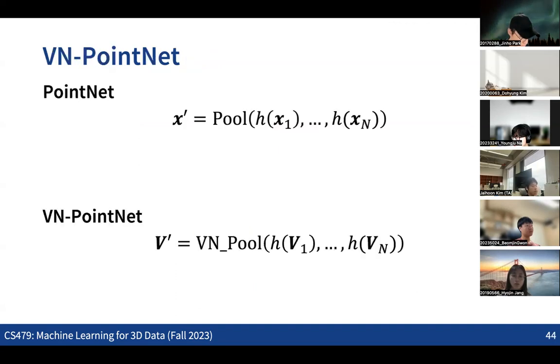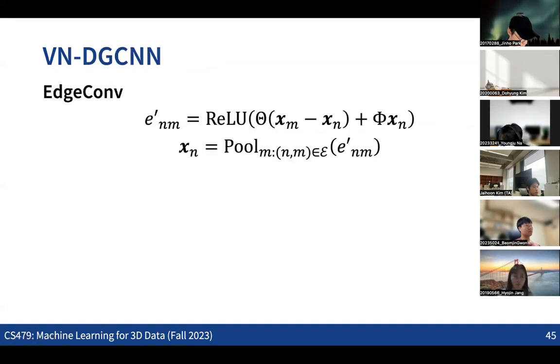So simply, in the PointNet, the way that we can transform this into the rotation equivariant architecture would be basically replacing all the pooling and the linear layers, everything, with the layers that we discussed in the previous slides. And not only for the PointNet, but for any variant of PointNet, like the DGCNN. As an extension of the PointNet, we basically have some kind of neural network, which is now handling the edge information.